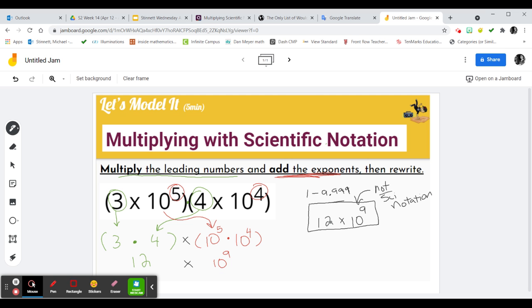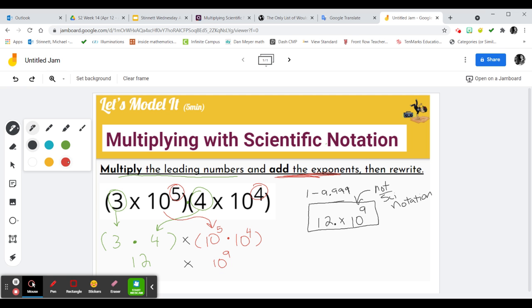So what we need to do, just like I showed you before, guys. When we see a normal number like 12, there's still a decimal in this number. It's just at the very end of it, okay? So we could say this is 12.0, okay? 12.0. So just know that there is a decimal there. And what we can